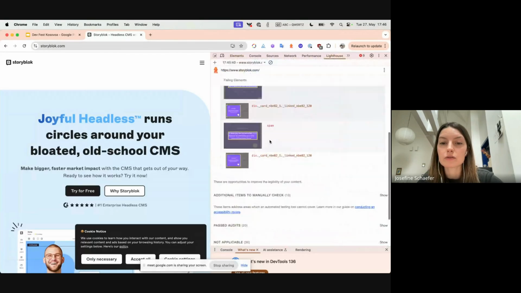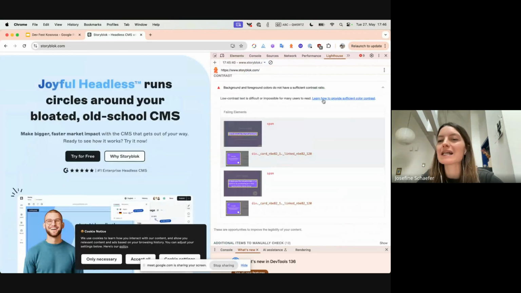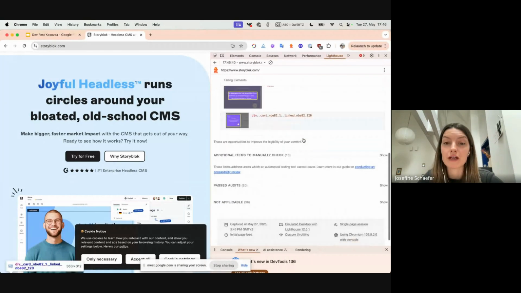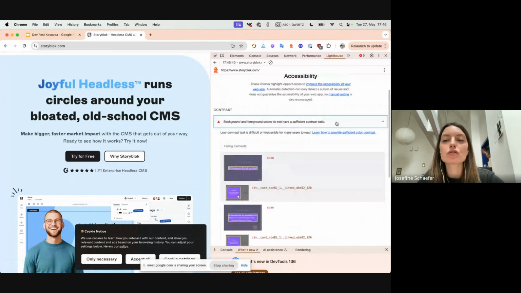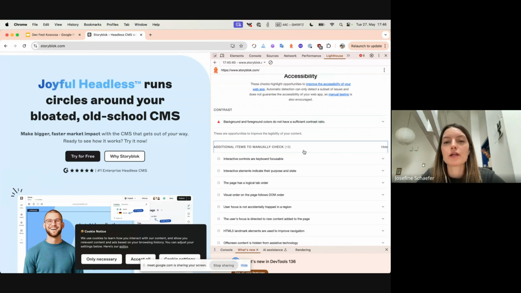Now I lost my Lighthouse score there, though. We can have a look and inspect these. I can learn more about why it's a problem and how I can potentially fix it. And so that's really good, right? That's one kind of issue. That's a very common issue. And we could also have a look at the things that it couldn't test,